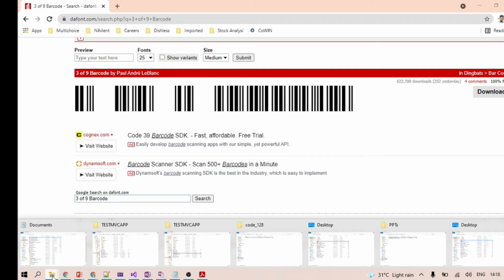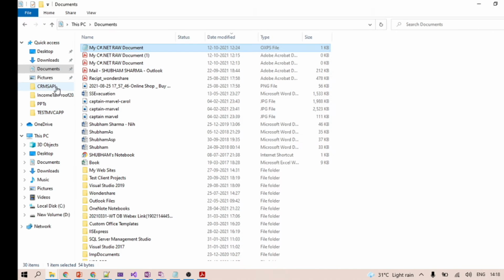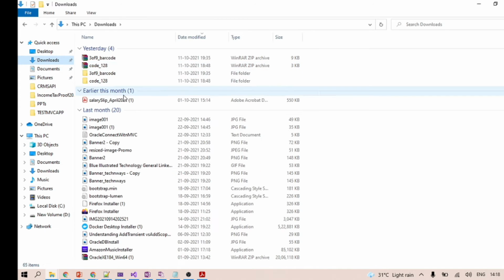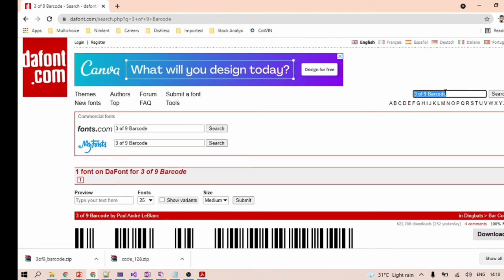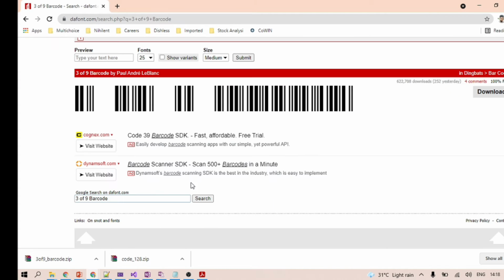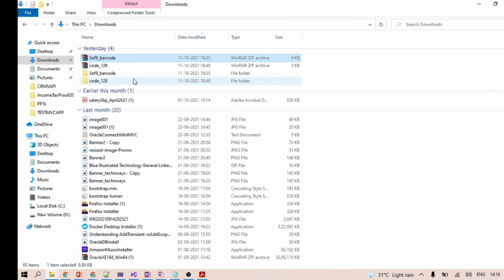Let me show you how it looks when you click on downloads and get it downloaded, and how you can install this language on your PC. When you click on the 3 of 9 barcode download button, this kind of package will get downloaded, so just extract it. I also downloaded Code 128, which appears here if you search for it, and you can download it.